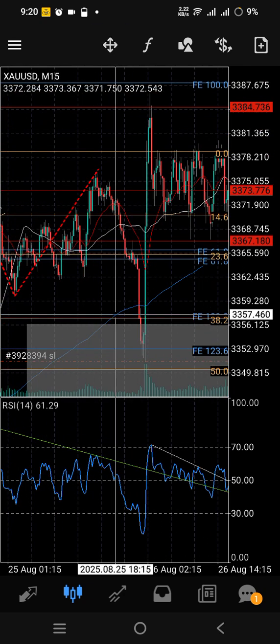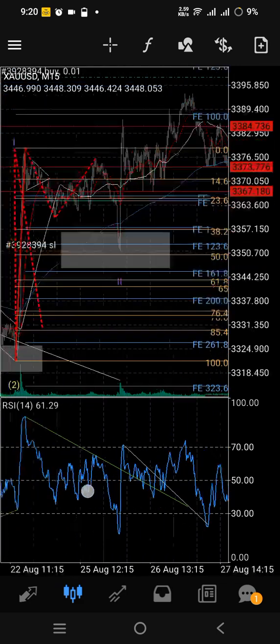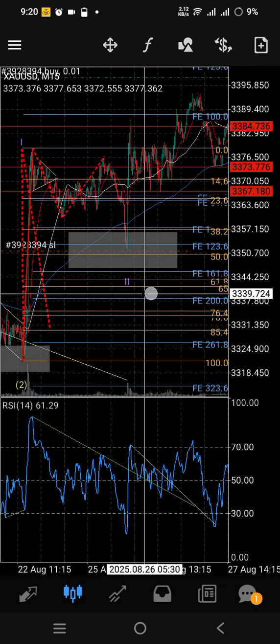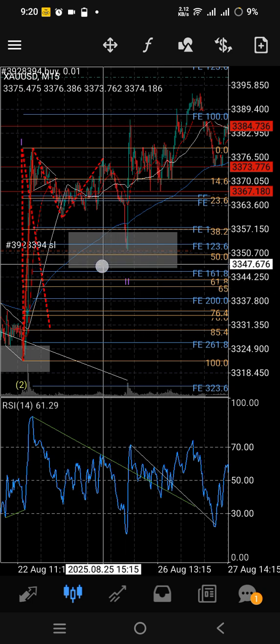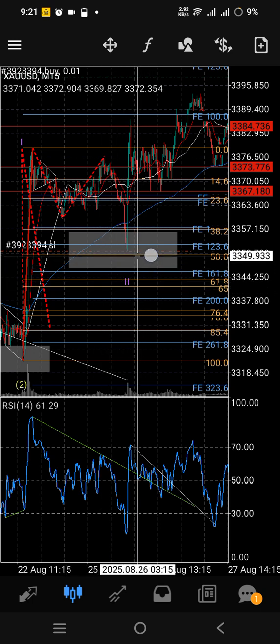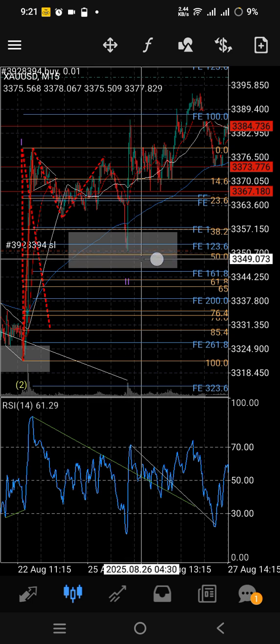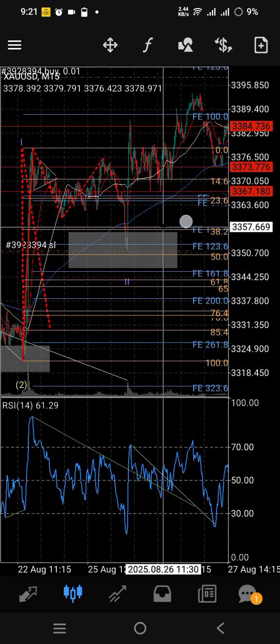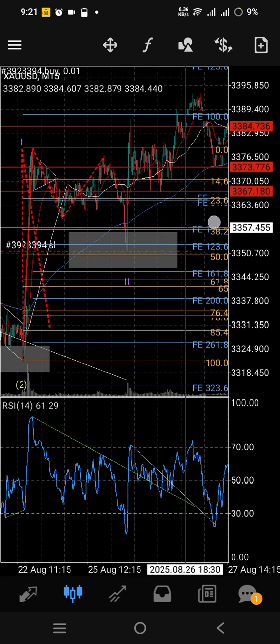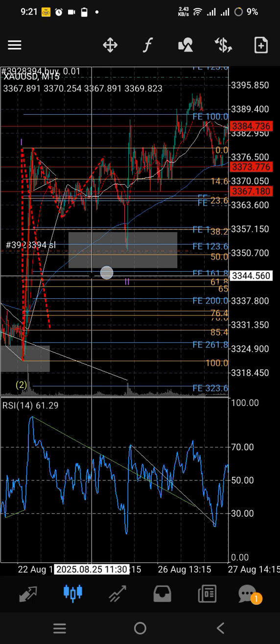Alright, so knowing that this is the third wave, I honestly would not think we'll be coming down to the 50. So seeing where the 100 retracement is, I could have placed at 100 and put my stop loss at 161, because I know that we would scarcely reach 161, or if I were a bit cautious, maybe at 200, or